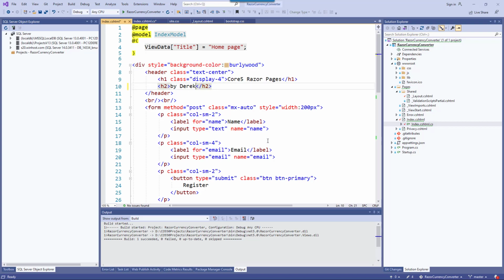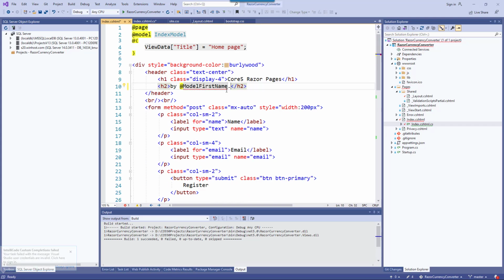So instead of Derek Peacock, we could now say by @model dot, and then we have access to first name. Okay, and if we run that,